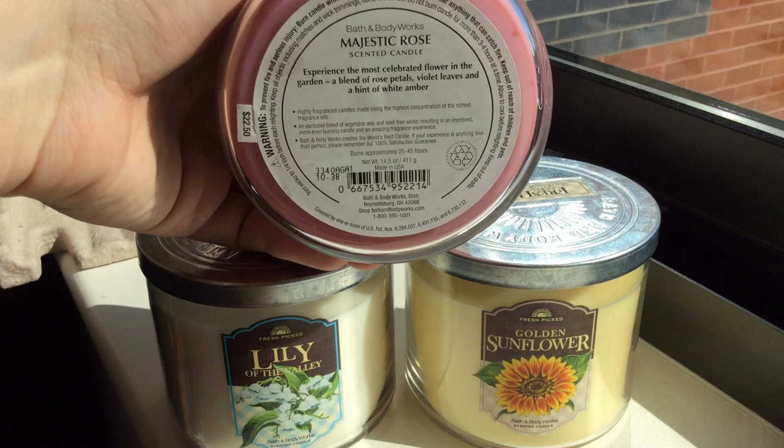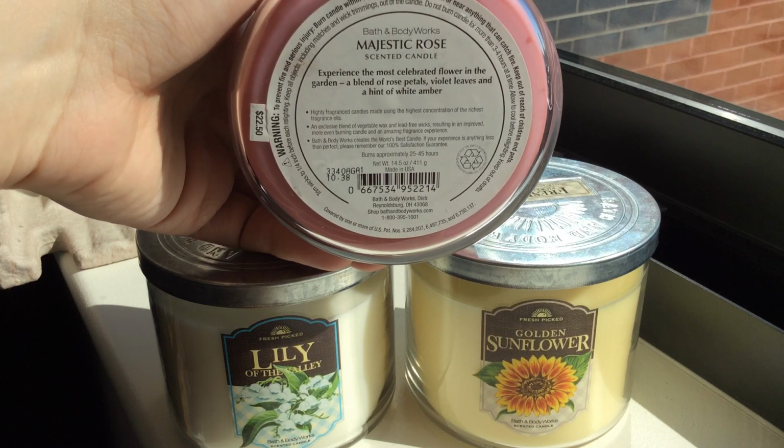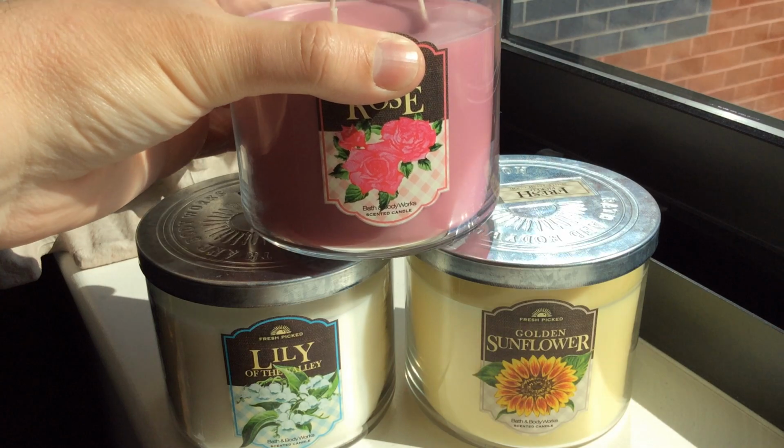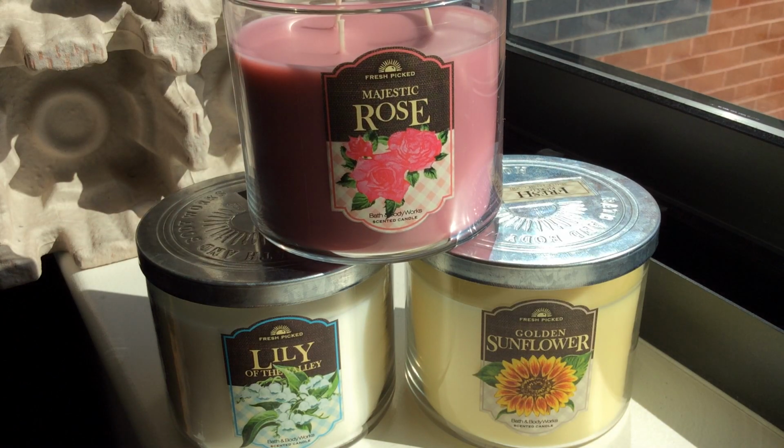I'm not sure about violet leaves. Maybe they're telling the truth there, because in the vein of Flower Shop, there is sort of a green note to this that's very welcome and makes the rose seem more fresh. I mean, this could be fresh-picked roses as opposed to Majestic Rose. Majestic makes it sound like it's more of a high-end conceptual blend, which this is a little bit more authentic,